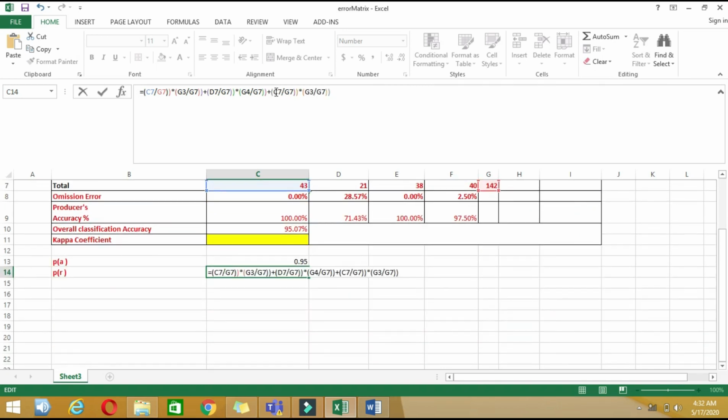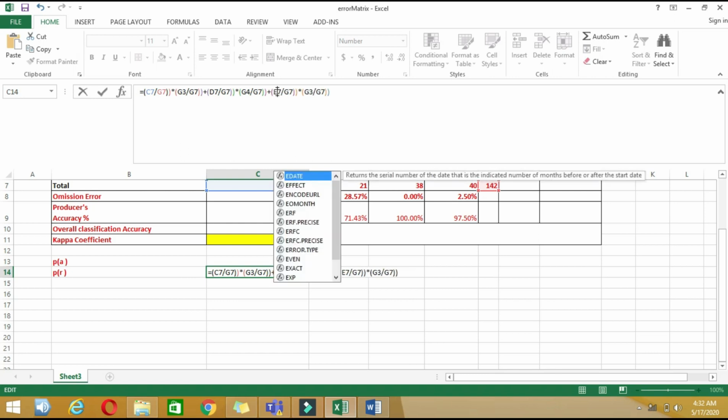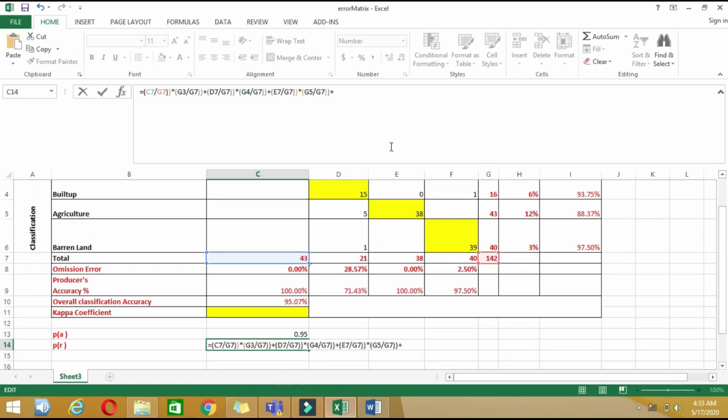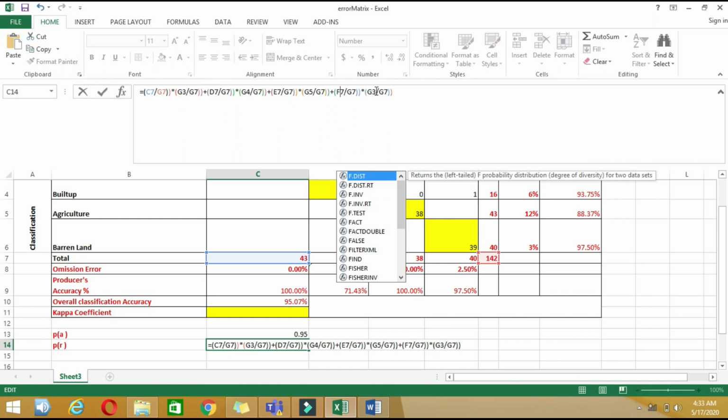Our agriculture is in E7 and G5. Then we'll do the same for your final class, which is barren land, and its total is in F7 and G6.